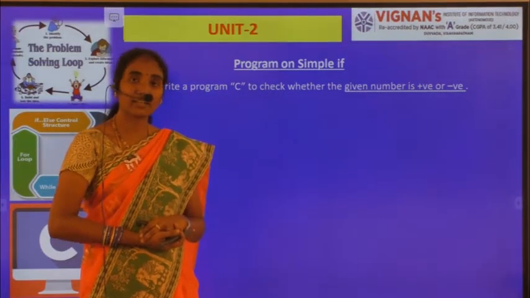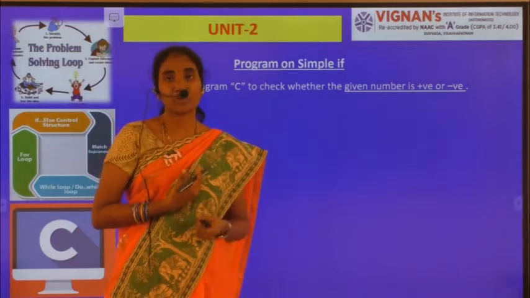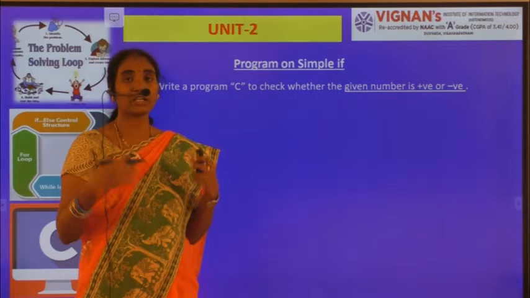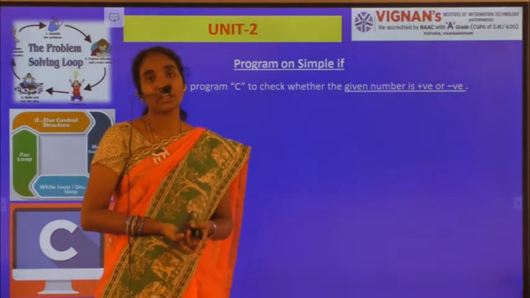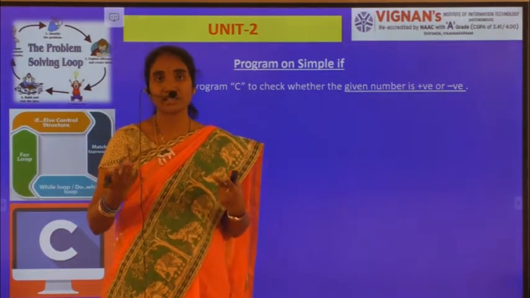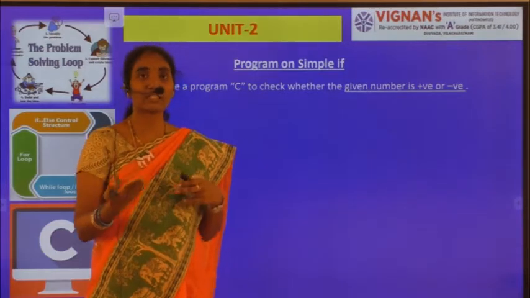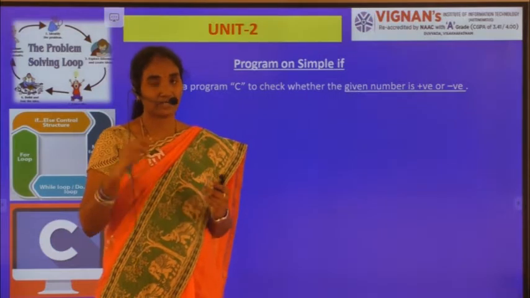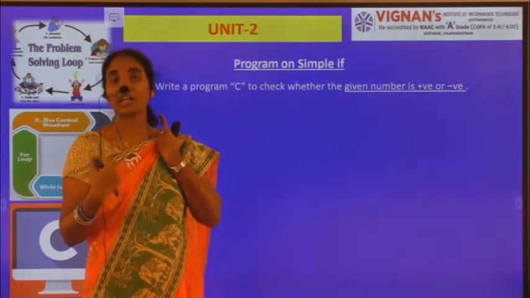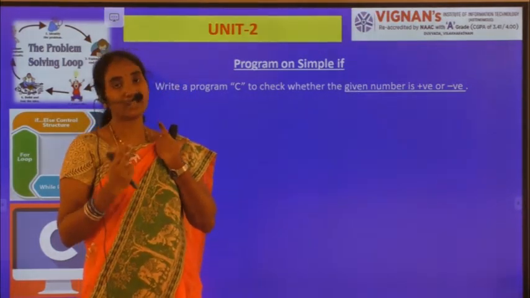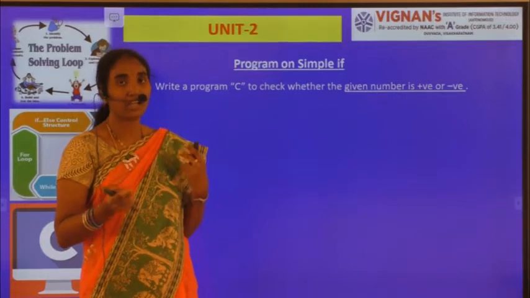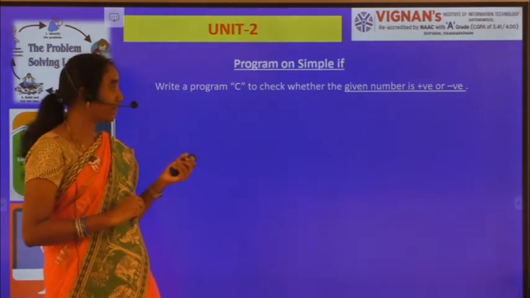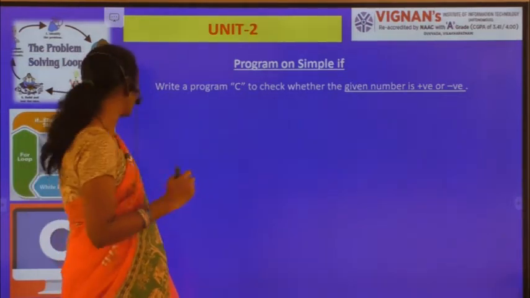If the given number is greater than 0, then I can say that it is a positive number. If the given number is less than 0, then I can say that it is a negative number. Now let's write the program using C language.